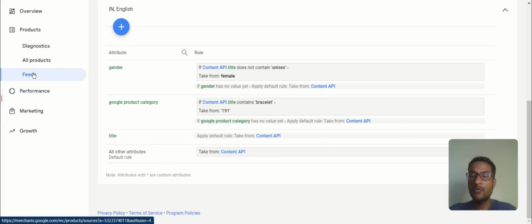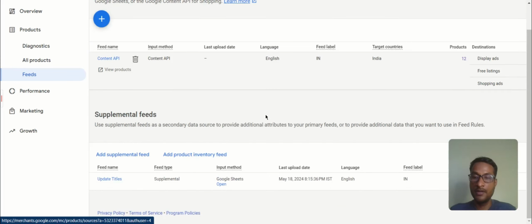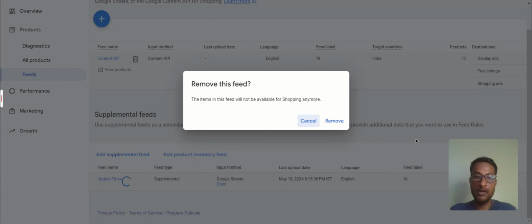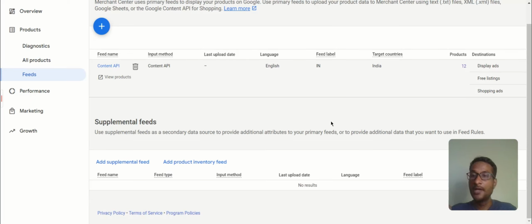Okay. Now if you go to feeds, you can easily delete your supplemental feed. Okay. So now you can see your delete icon. Just click here and remove it. It won't show any error. So you can easily delete it as it is. Okay. So in this way you can play with your supplemental feed, and you can update any missing attribute. Yeah, rectify your title, price, whatever you can, through a supplemental feed. It's very easy and very